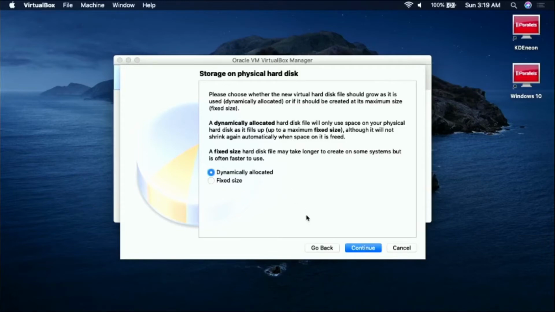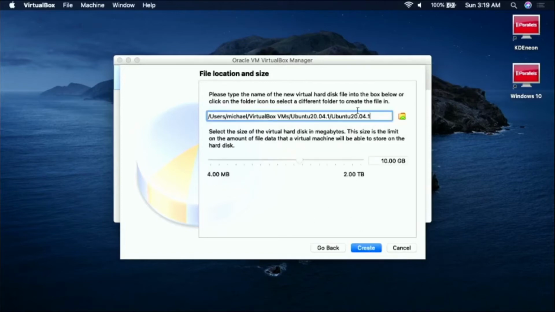But as we install the OS, apply updates, install packages, etc., the size of that file will expand until it reaches a maximum size of 25 gigabytes, which is what we're going to enter over here. Finally, we're going to hit the create button,